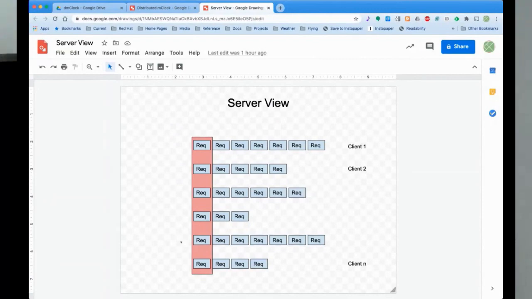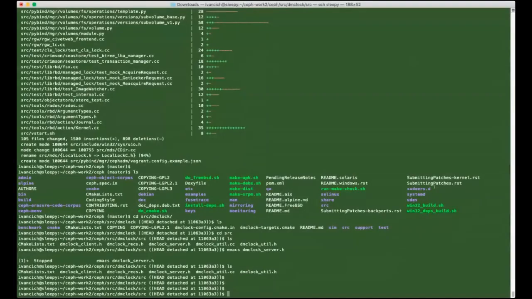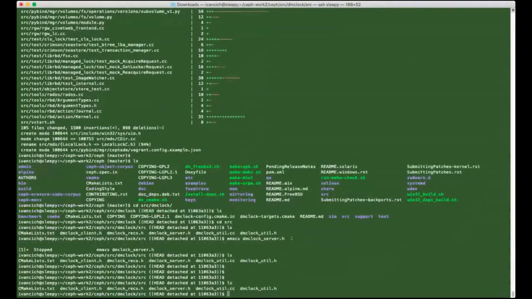So at this point, I don't know if this is as organized as I could make it. Let me actually start looking at some code here. So let me share a different window. So as you can see, the Dmclock source code is a submodule within Ceph. Here's the top of the Ceph tree. Then we go to src, and then we have dmclock, and then we have its own source directory from there. And if we look in this directory,